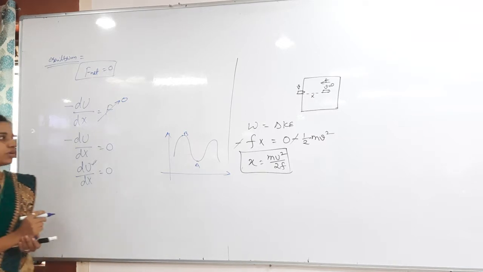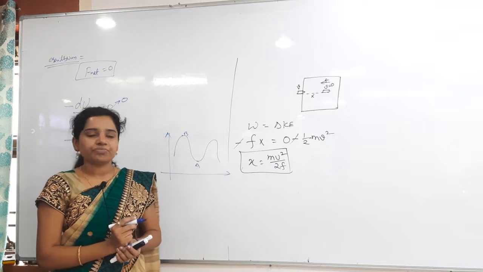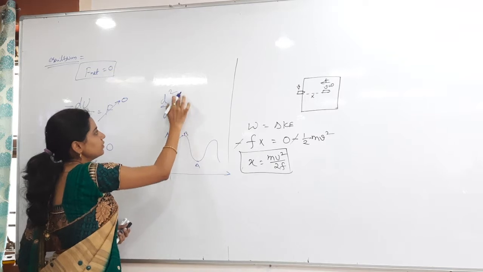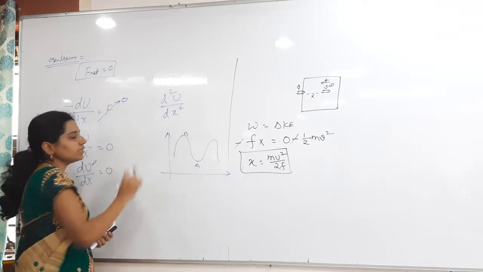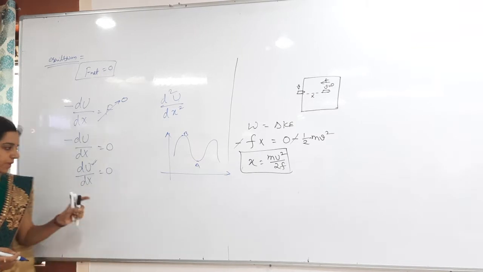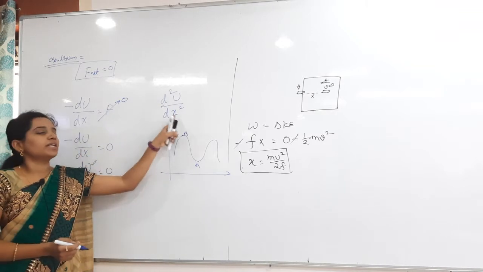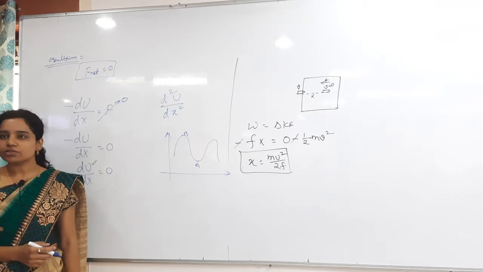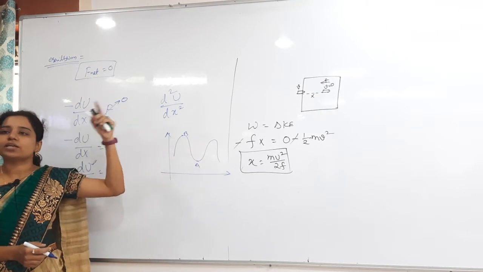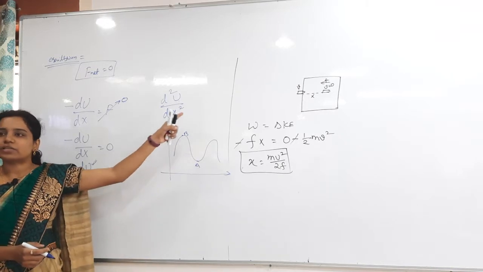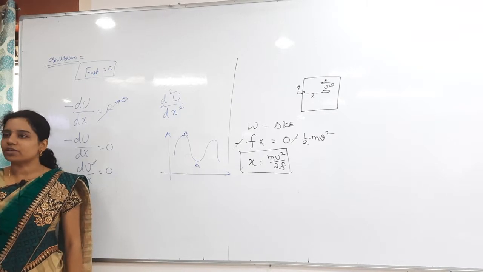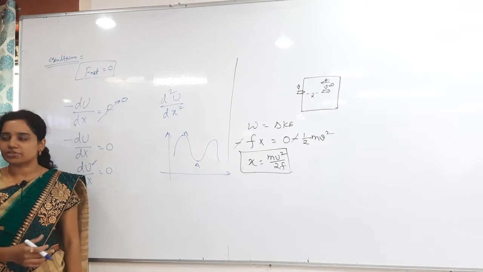And also we have one more thing, mainly in the waves chapter you will get, that is double differentiation, d square u by dx square. Not only u, this might be anything, d square u by dx square, we call this curvature. du by dx is the slope and d square u by dx square is the curvature. So whenever you get the radius of curvature, at that time indirectly they are doing the double differentiation, d square u by dx square. Just remember that, okay. By that only we will tell whether the curvature is positive or negative, like that, the minimum or maximum of potential energy, we will measure by that only.